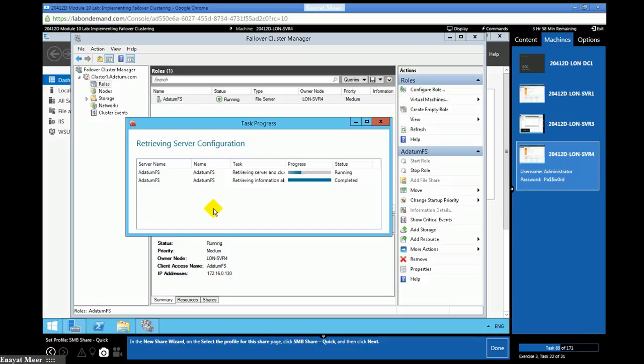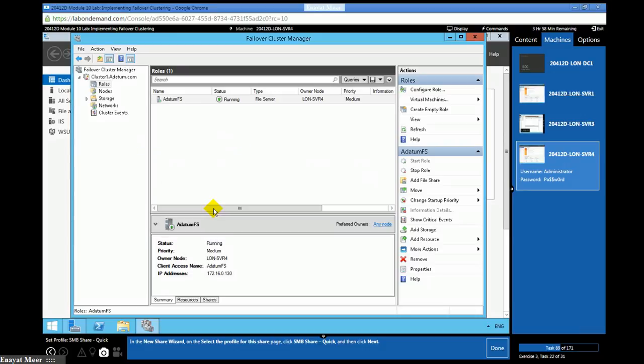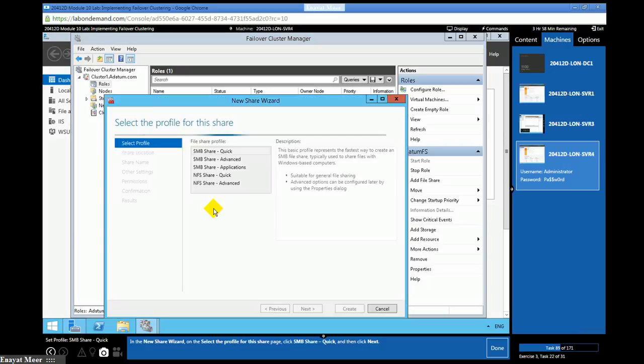ADATUM FS was the name of the file server. SMB Share Quick.